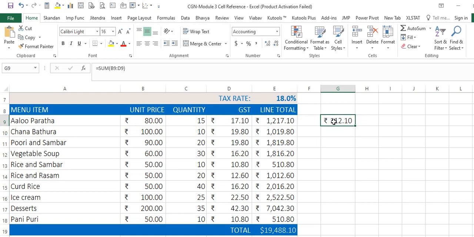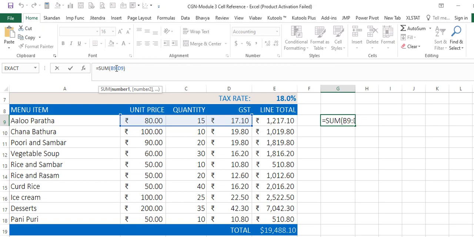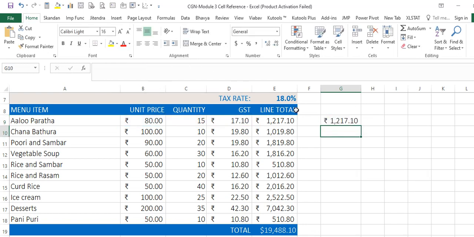I just added that, so the formula is slightly wrong, and it's giving me that result. So multiplied by this one, and then you remove this colon and just say plus. To indicate that these two numbers have to be multiplied, I will put them into the braces, and then I get the same result. And when I double click here,